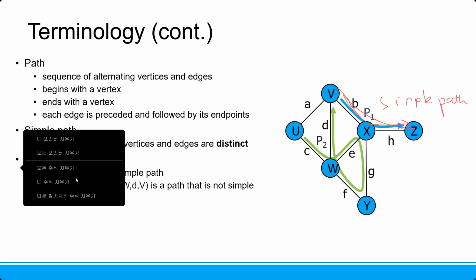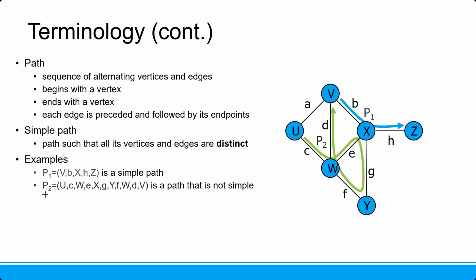What about the other path? P2. P2, it is a path, but it is not simple. So if you look at this one, U via Z to W, and then it goes to X via E, via G goes to Y, via F goes to W, and then via D goes to V, like this one. Okay. So this is a path,